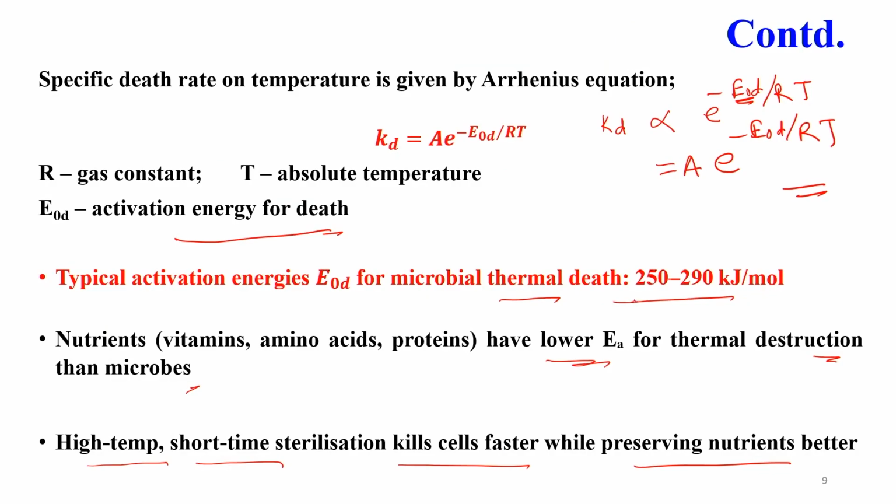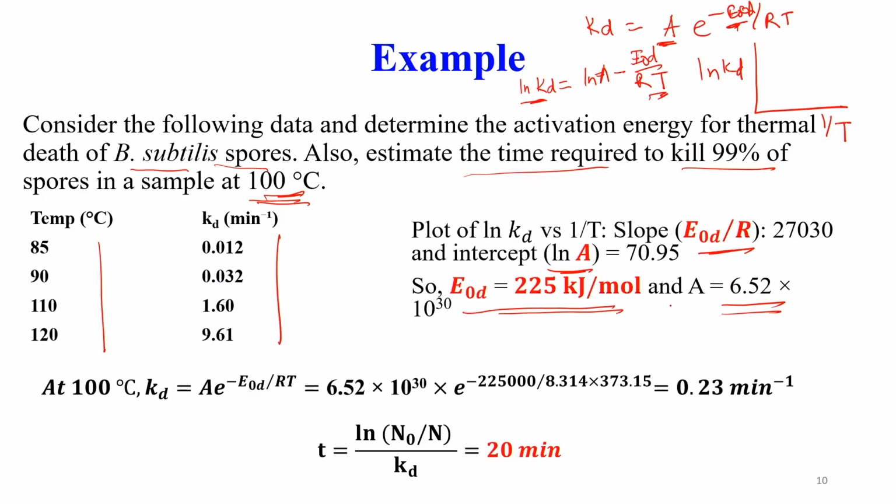So, in the last lecture this is the typical value 250 to 290, we are getting in the similar range 225 kilojoule per mole. Now, at 100 degree centigrade we can calculate the Kd. A is known, activation energy is known, R is gas constant 8.314 joule per mole degree Kelvin, and T is 100 degree centigrade means 100 plus 273.15, 373.15 in Kelvin. So, we got Kd as 0.23 minute inverse,